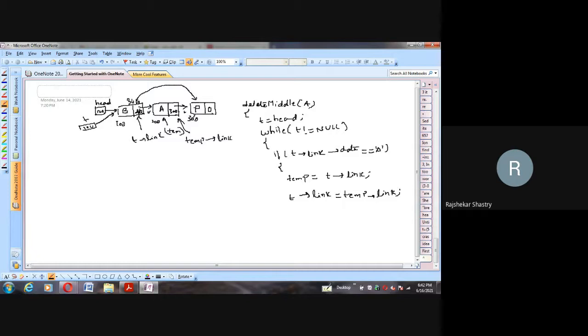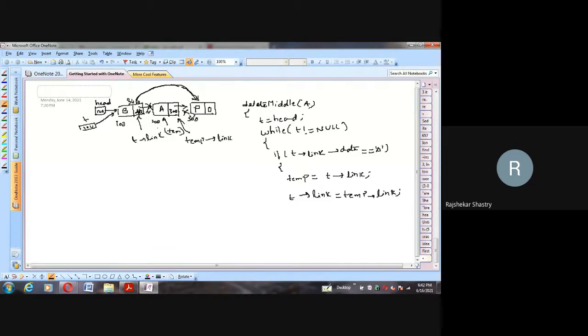So that means a new link is created which is pointing to this 300. So that work is over. So as a result, this is the link which is removed, completely removed. Because now this B is no more pointing to A, rather it is pointing to P. Now we have to even remove this also. Remember that after A, whatever that we have, that also we have to remember.